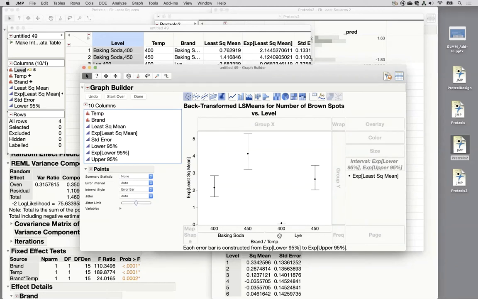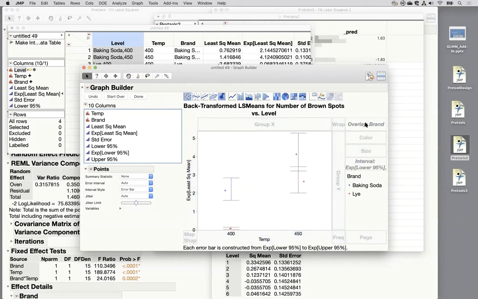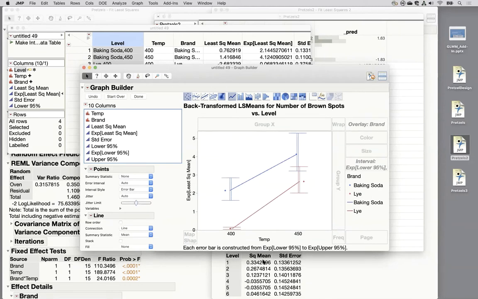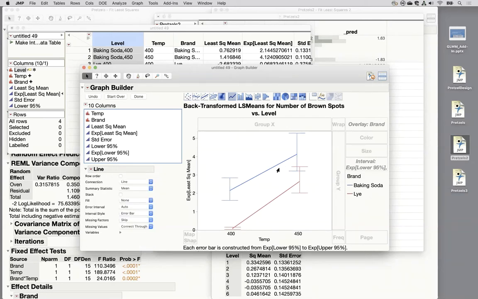If I wanted instead to make this an interaction plot, I could take the brand back off and put it in the overlay, and then I could connect these guys with lines. So if I do that, it got weird, so let's take the point off. That looks much better. So now we've got the brand as the overlay and the temperature as the x-axis, and then the back transformed LSMeans as the response. So this makes our